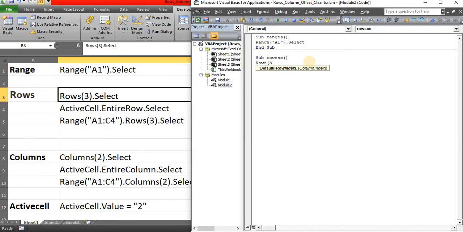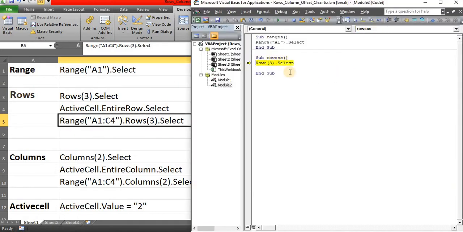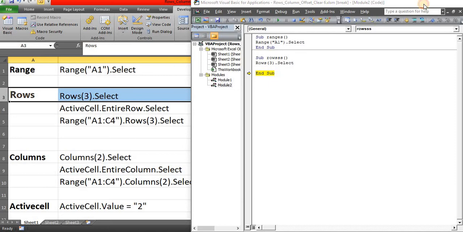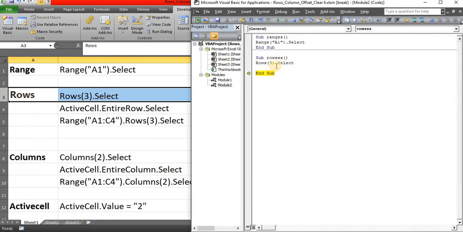Here you do not use the double quotes. Rows 3 dot select. Now it will select the entire third row. Perfect. Let me minimize this and you can see the entire third row has been selected.